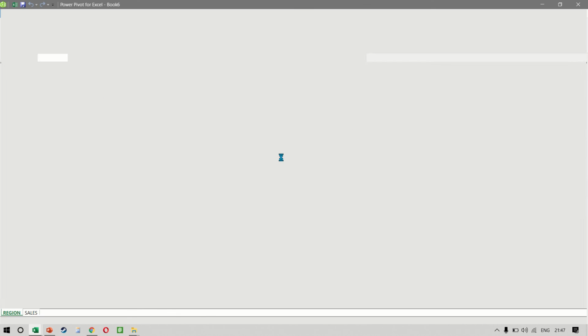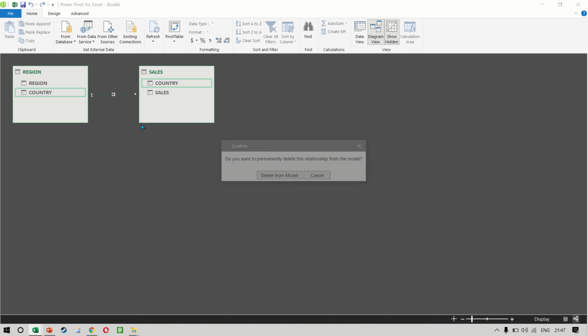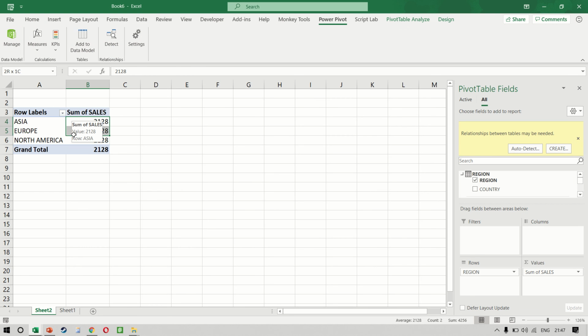Now, if we did not create the relationship, this is what would happen. So let me go back to Power Pivot and Manage. And in our diagram view, I will simply right click and then delete this. And now let's see what happens. So the pivot can still be created, but you notice that it shows the same number, the total number in all the three cells. So this is the pivot table's way of telling you that while you have created a pivot table using different columns from different tables, there is something missing. And what is missing is the fact that you have not created a relationship. Now, it does tell you that it will automatically detect the relationships for you. But my strong advice here is not to click on it. It's highly unreliable and it's very dangerous because it might create an incorrect relationship.